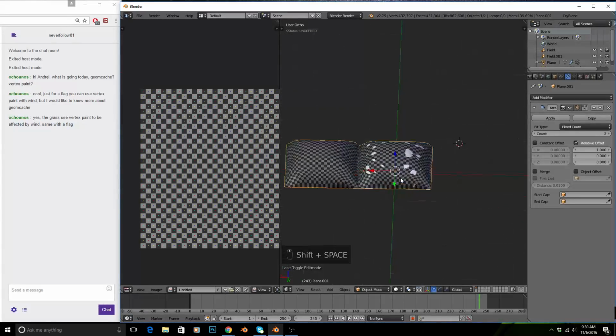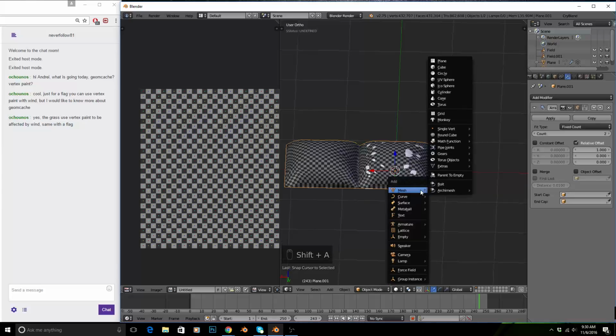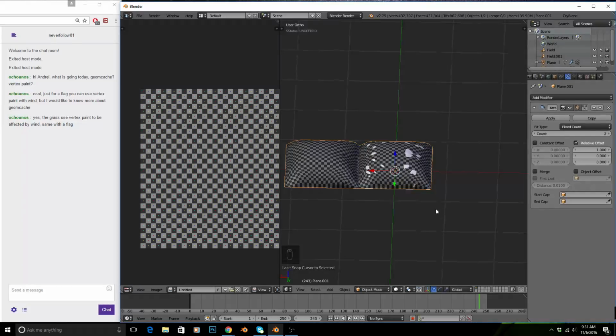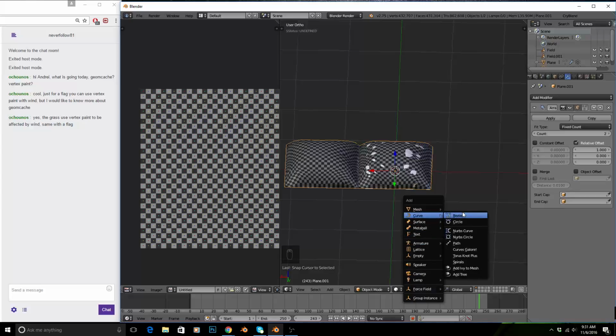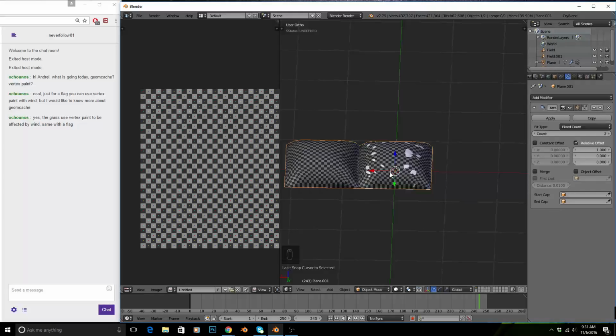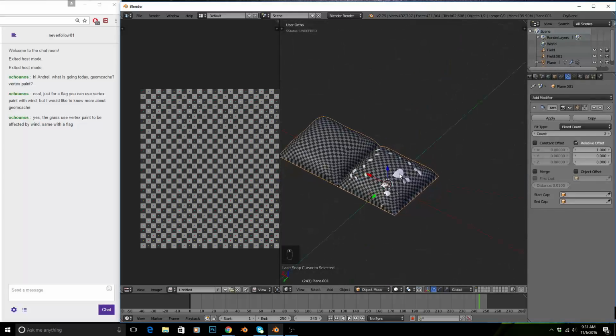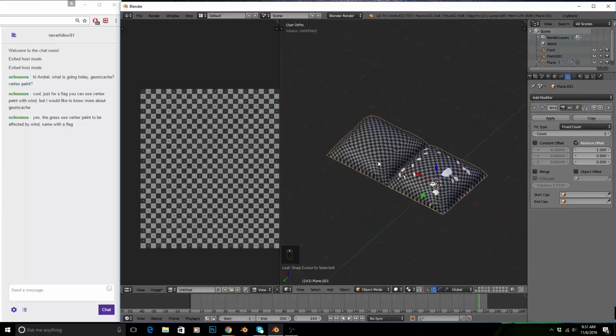Okay, so now let's add a curve. Curve, and let's use a path. One thing, the last time I did this, I was doing it a little backwards. So first thing you need to do is, if this is going to be like in a circle, or you want to have it like a corridor, like I was showing you in that photo,